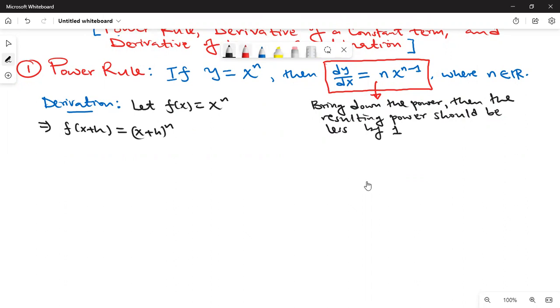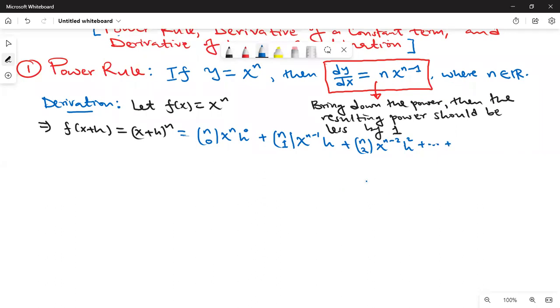And if I expand this using binomial expansion, this is the same as n combination 0, x raised to n, h raised to 0, plus n combination 1, x raised to n minus 1, times h raised to 1, plus n combination 2, x raised to n minus 2, h squared, plus so many other terms,